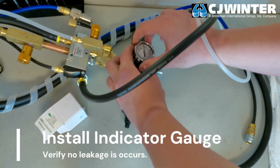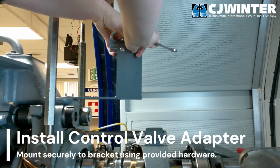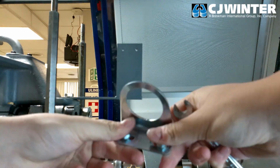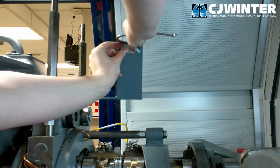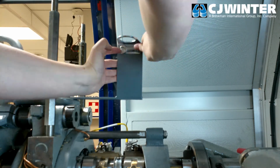We will now install the control valve adapter onto the 134-804 bracket by removing the two bolts installed in the upper portion of the bracket and fitting the control valve adapter. Then, secure it with the two provided hex bolts. Lastly, install the control valve assembly itself into the